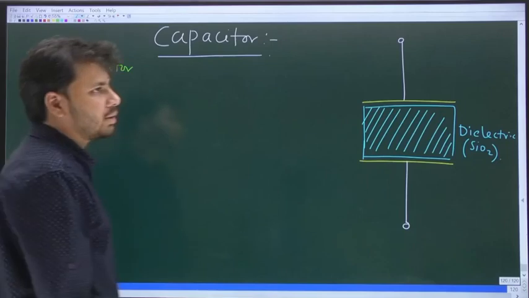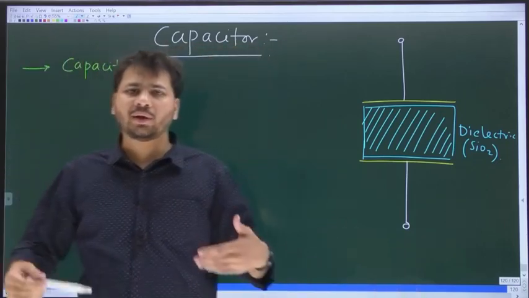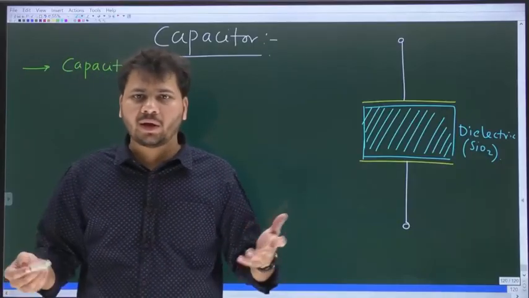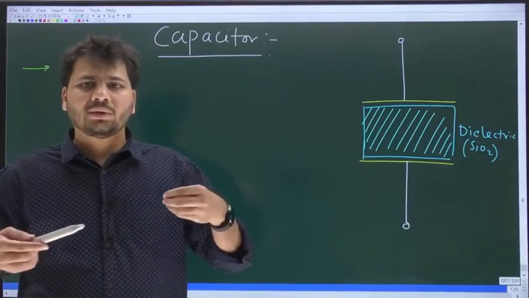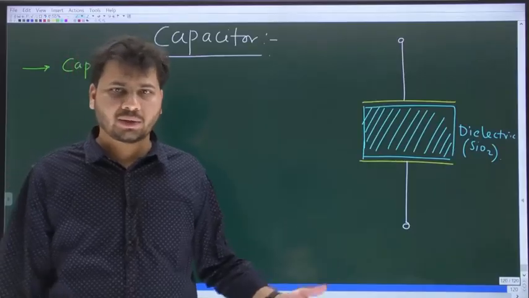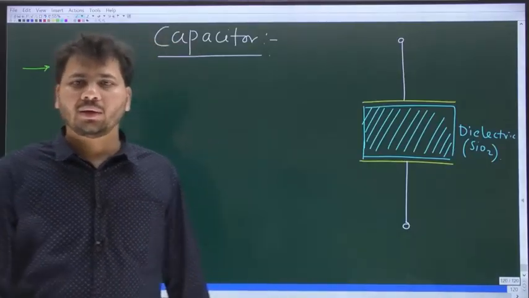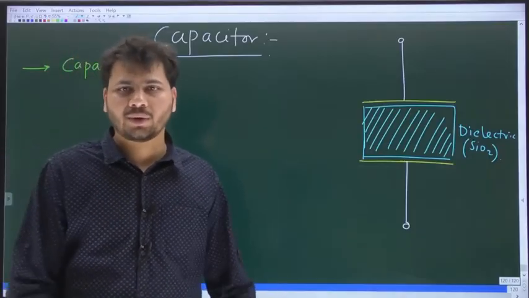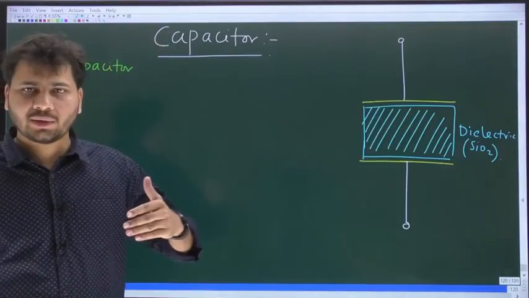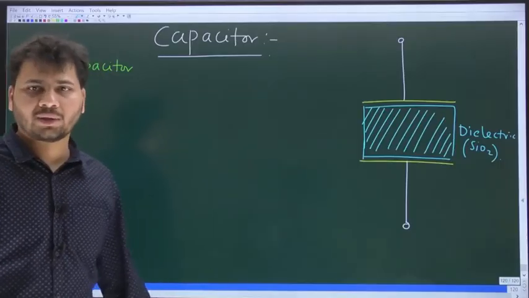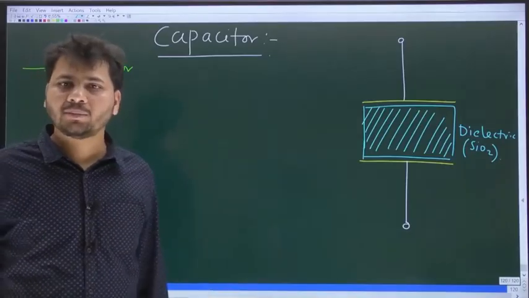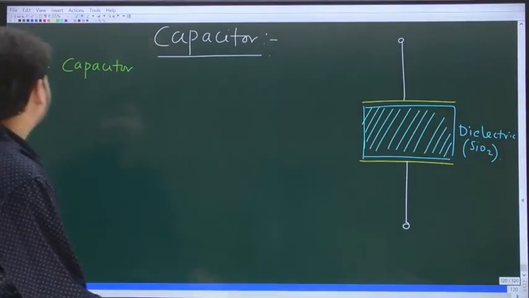In fact, in any circuit, in any system, if there is a property or a phenomenon due to which charge is being stored at some location, then we associate some capacitance with the region where charge is being stored. Always, charge storage is related to capacitance. Whenever there is charge storage, we always say there is some capacitance. Okay, so capacitor,